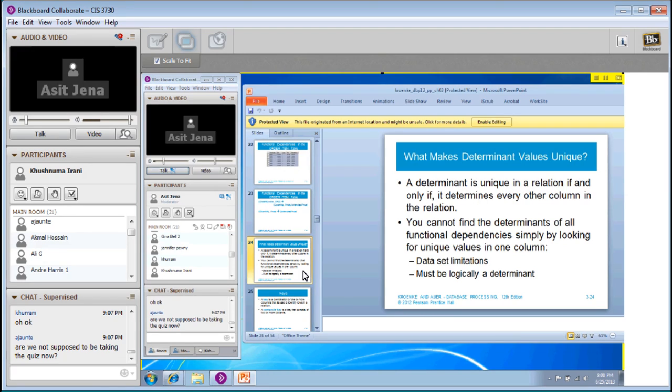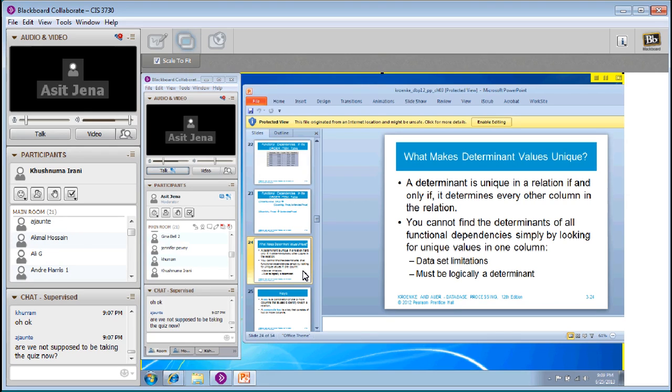The determinant is unique in a relation if and only if it determines every other column in the relation. Okay, this is a good concept. Now we know what the determinants are and how they are determining. The left-hand side is called the determinant, and the value which is being determined is on the right-hand side. A determinant is unique in a relation if and only if it determines every other column in the relation. So if one determinant on the left-hand side determines everything else left in the table,